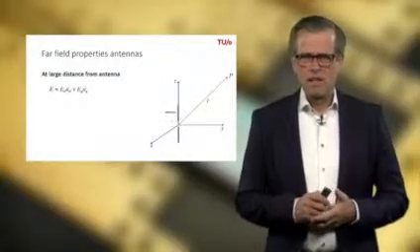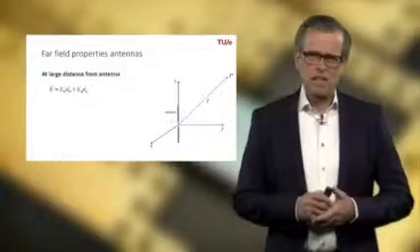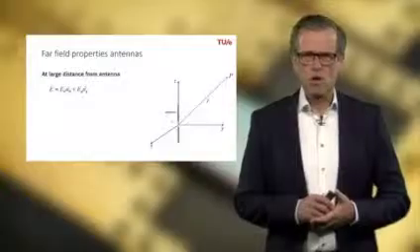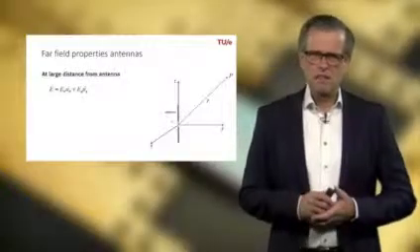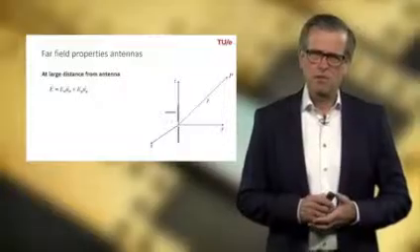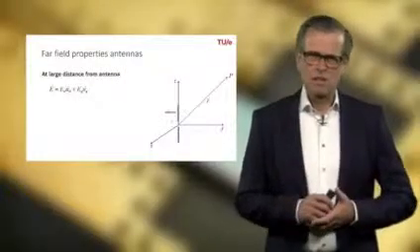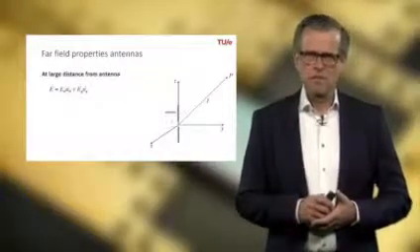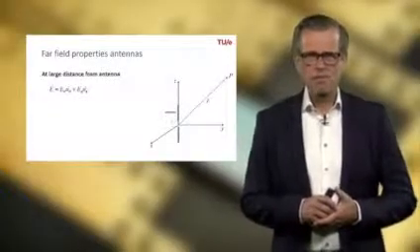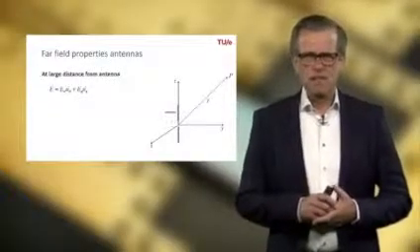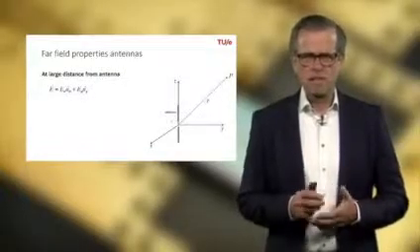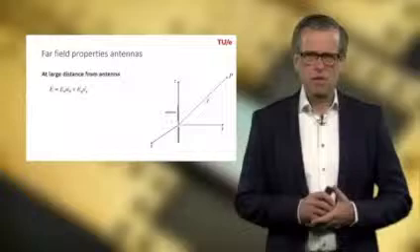we can write down the electric field as a summation of two components. So one component E theta in the theta direction and a component in the phi direction, E phi. There is not a component in the radial direction, since we assume that in the far field we have a TEM wave, which means that it's locally a plane wave, propagating in the r direction with two components, as indicated